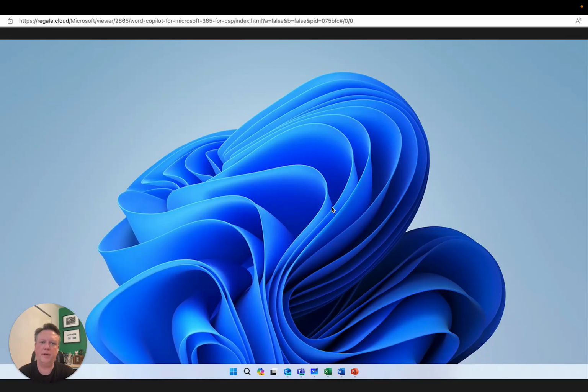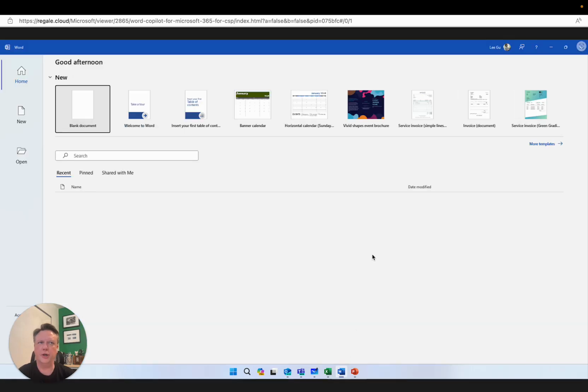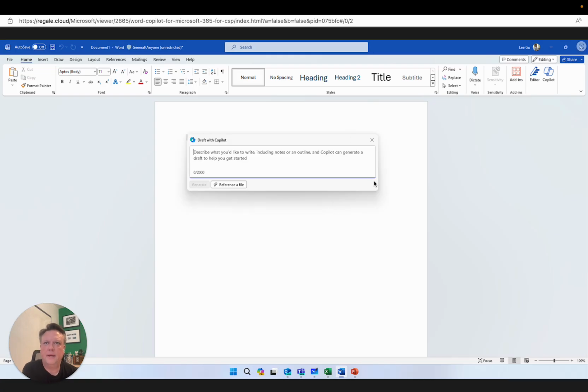All right, so today we're going to be working with Microsoft Word and Copilot. So let's just jump right into Word. We're all very familiar with it, I'm sure. And I'm going to create a blank document. And what I want to do is create a press release, and I'm not a super great